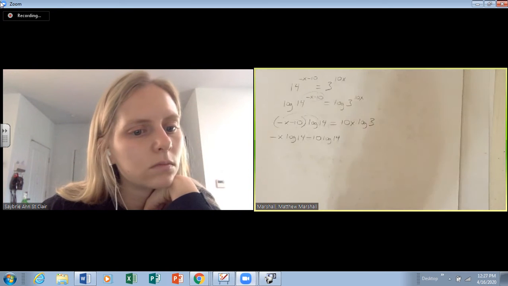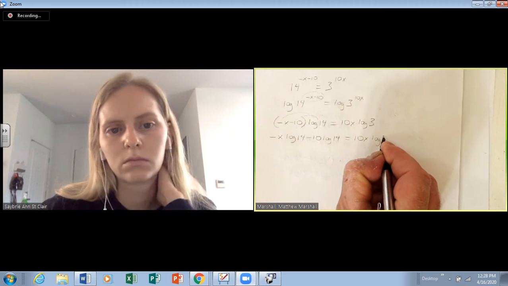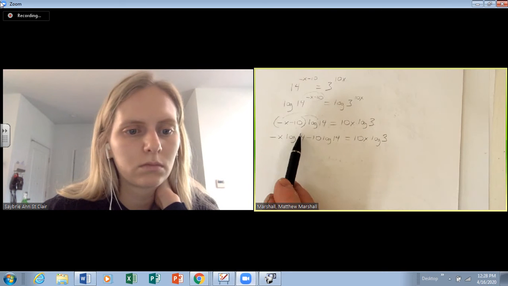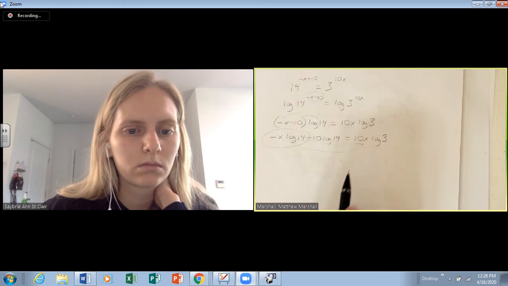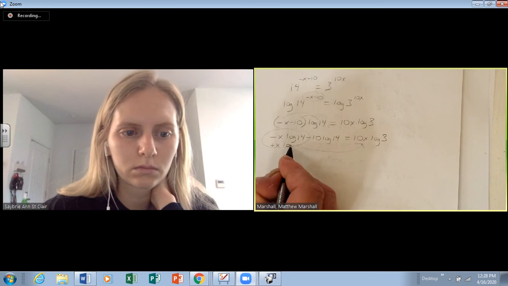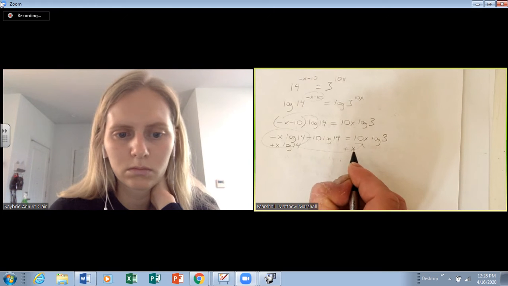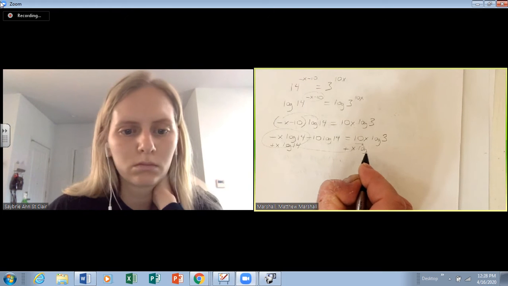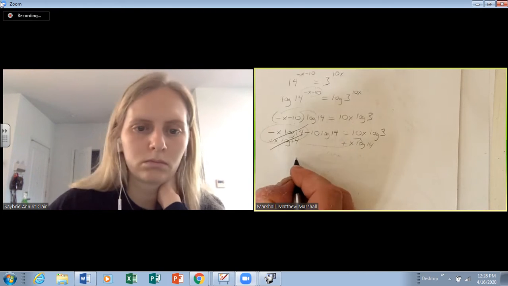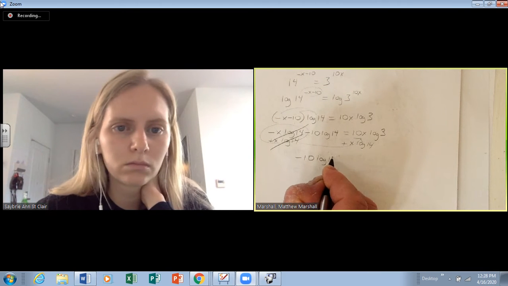And on the right side, you still have 10x log 3. Now I want to bring this term over to the right. So I'm going to add it. And that looks tricky algebraically, but that leaves you negative 10 log 14